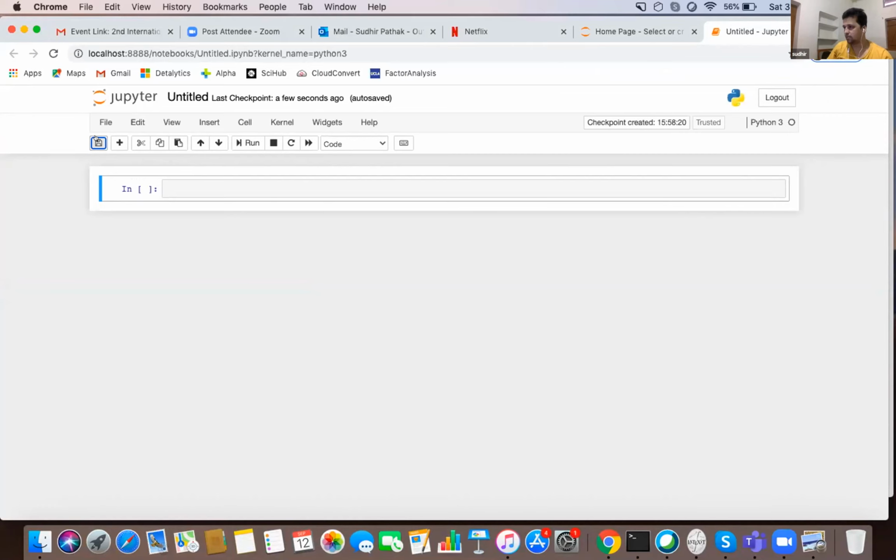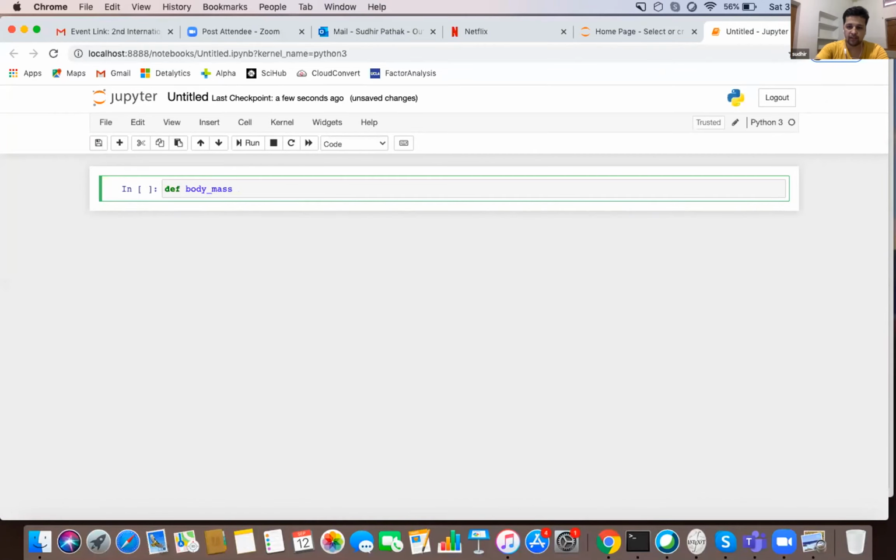Let's implement it to see how it works. Okay, so let's define the same thing. First I write def. Once I write def, Python knows that I'm going to define a function, and then I have to provide the name of the function, which you can choose to be anything, but I choose it to be